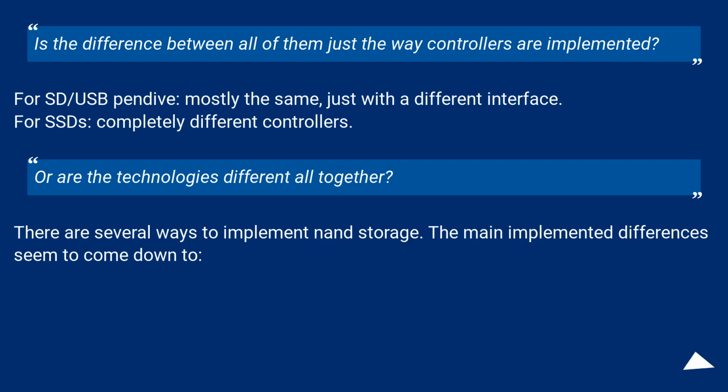Is the difference between all of them just the way controllers are implemented? For SD and USB pen drives, mostly the same, just with a different interface. For SSDs, completely different controllers. Or are the technologies different altogether? There are several ways to implement NAND storage. The main implementation differences seem to come down to